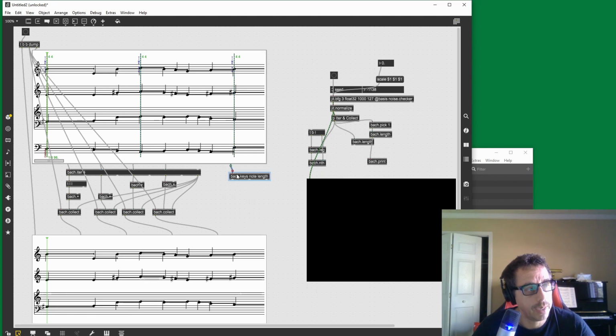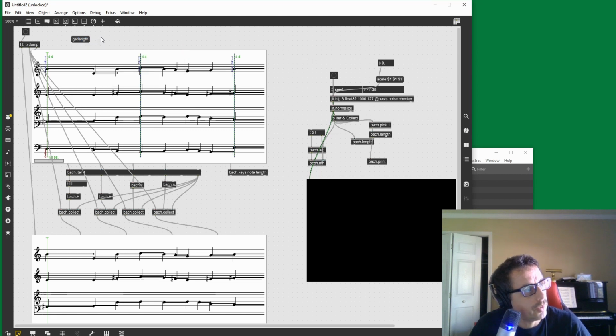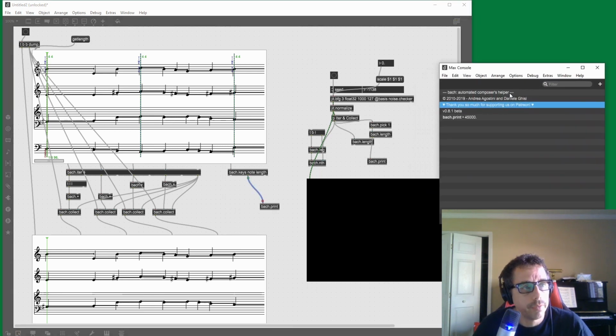So I connect the play outlet to the Bach keys, and then I need a get length message, and Max is smart enough to give you autocomplete suggestions whenever I'm close to some object. Now I'm close to the Bach score, so I have get length as the second one on the list. Let's connect this to Bach print. My total value is